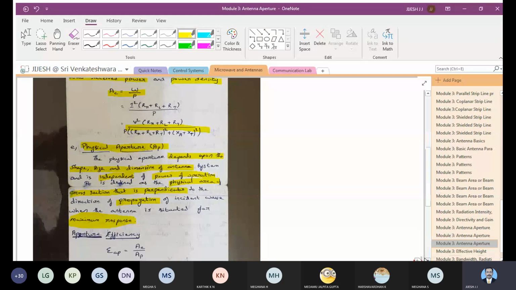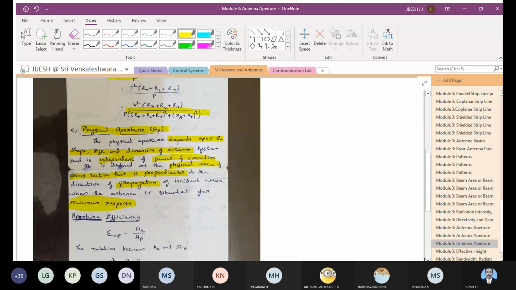We have to see the relationships of each other, like how the aperture is related to directivity, how the directivity is related to gain, which you have already seen, and how the aperture is related to beam area or beam efficiency. We'll be seeing a few relations with each other further. A few equations will help to solve the problems, because some of the parameters will be given, like antenna aperture will be given and you will be asked to find the directivity, and sometimes directivity will be given and you will be asked to find the effective aperture.